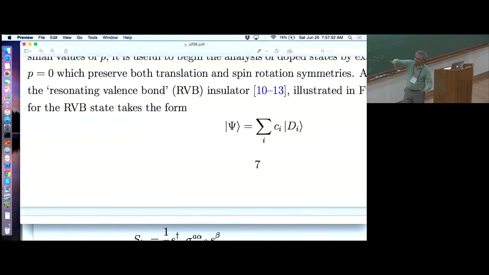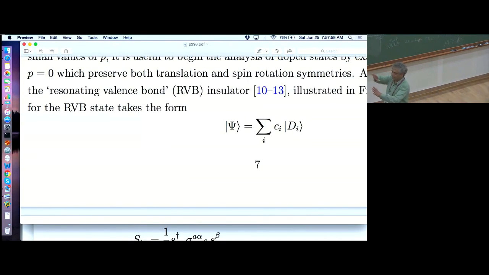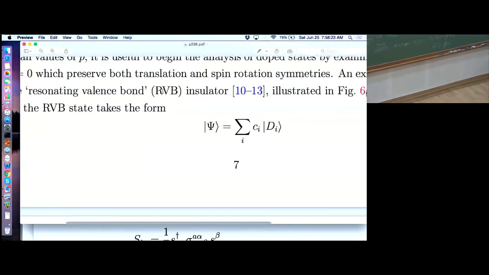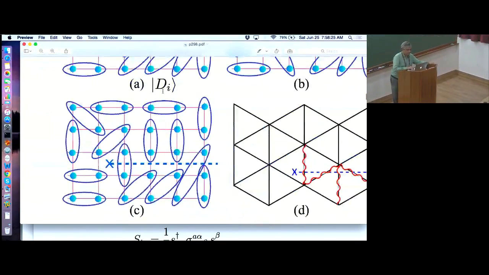Okay, and the sum over all configurations of singlets is somewhat analogous here to the sum over all closed loops, because if I take 2 different dimer configurations and put them over each other, that corresponds to some closed loop configuration. So it's kind of analogous. So the wave function is this very infinite set of terms, being the sum over all sets of singlets that you can form on the square lattice. This is all kind of approximate, of course. So then here's what we do.